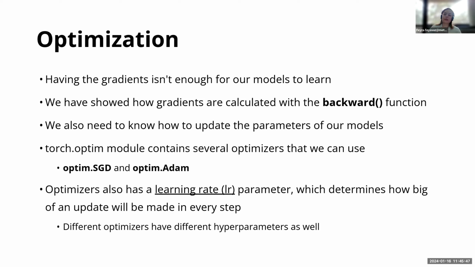So if we choose a large learning rate, we can make big jumps between our gradients. If we have a small learning rate, we will have small but steady steps in updating our parameters. Different optimizers will have different hyperparameters, and you have to tune them in order to obtain your model's best